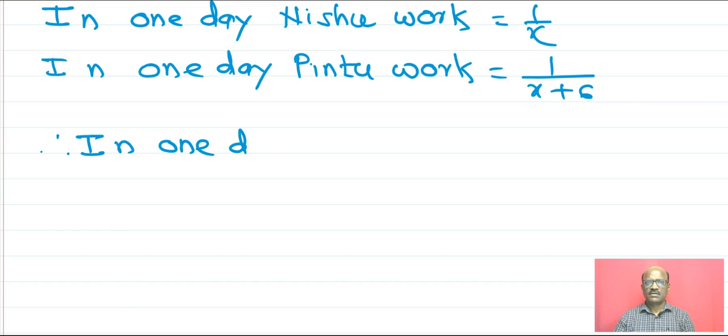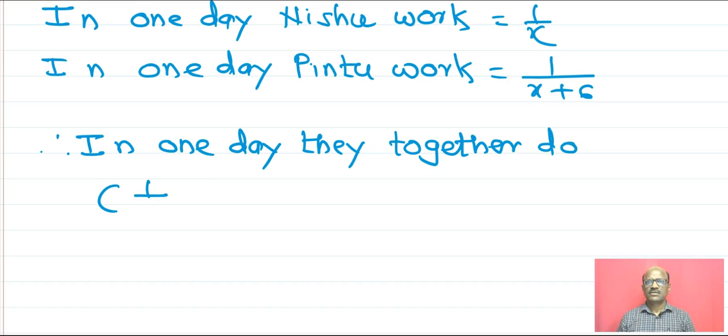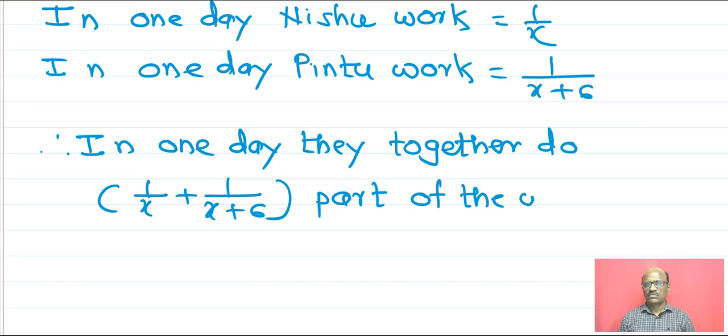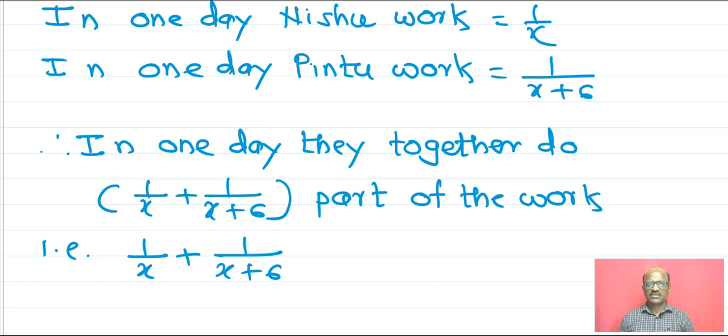Therefore, in one day, they together do 1 upon x plus 1 upon x plus 6, that is a part of the work they do in one day. That is 1 upon x plus 1 upon x plus 6 is equal to